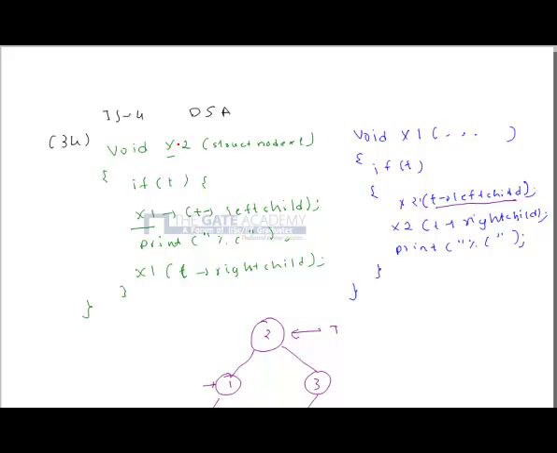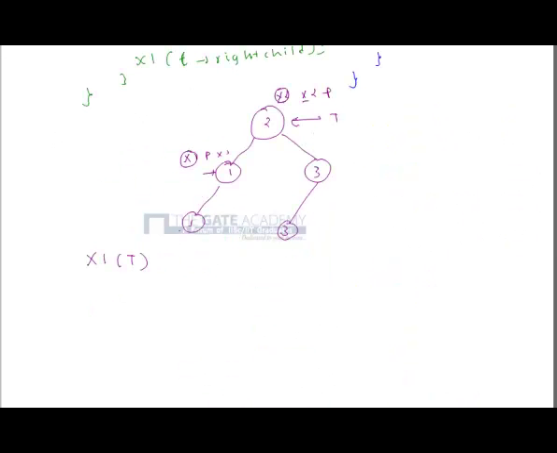Okay, so for this x2 is done. So here we have to do x2 print. So first x2 is done. Now we go to 1. Here we need to call x1. So here x1 print x1 was there, and this x1 is done. We come to this one. Now for this one we have called x1. So here